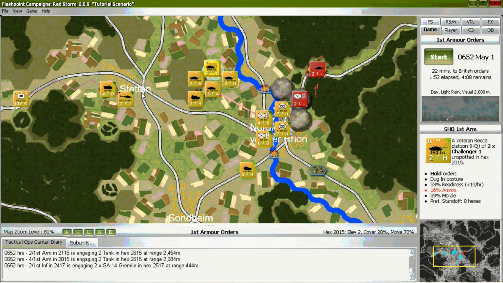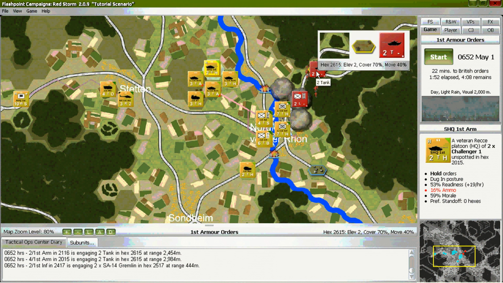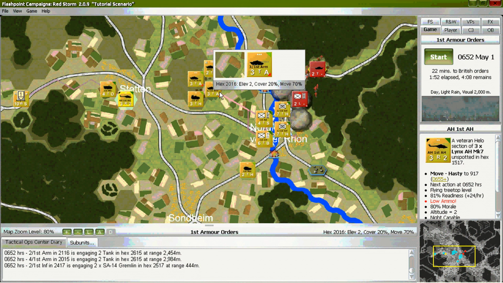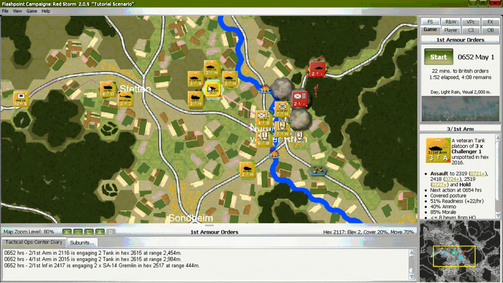This turn was a mixed bag of results. We generally wiped out the enemy, mostly on the barrier. The helicopters are out of ammo and returning to base to resupply. The tanks have not moved an inch because the 30-minute orders delay is still in effect. They're still preparing to move.